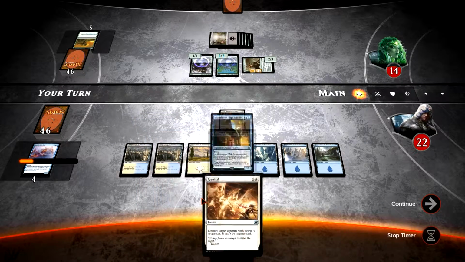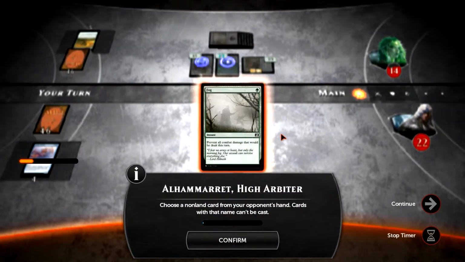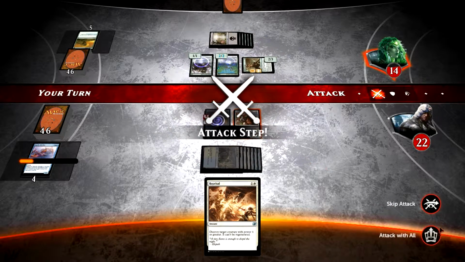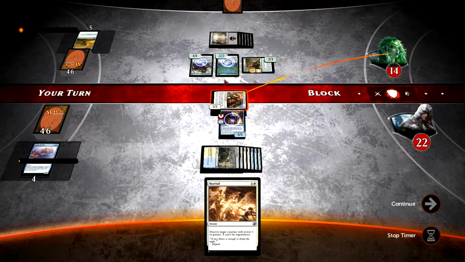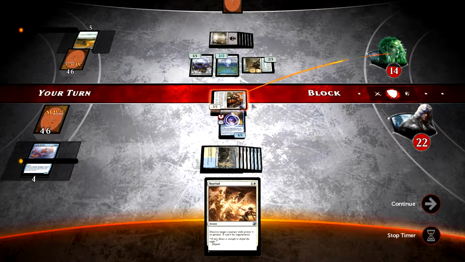And we can play our 5/5. We can play our 5/5, and you cannot cast Fog. Why is Fog even in your deck? All right, so we're obviously going to attack. I think I'm okay at this point. If he wants to block, that's fine. But if he wants to let this guy become renowned, since it's only going to be a 3, and I'm about to beat for 5,